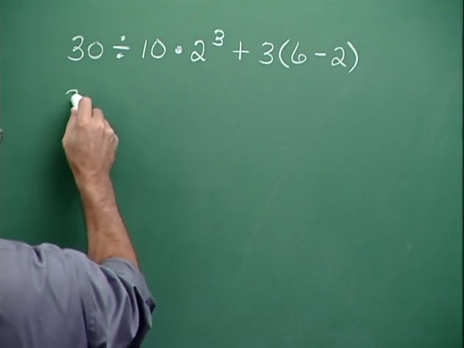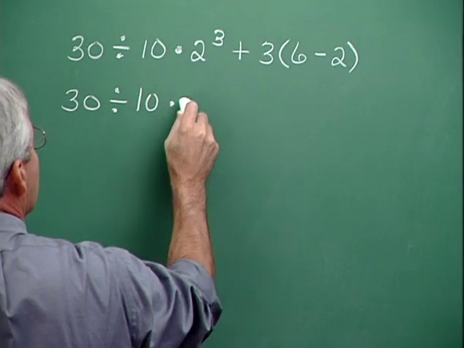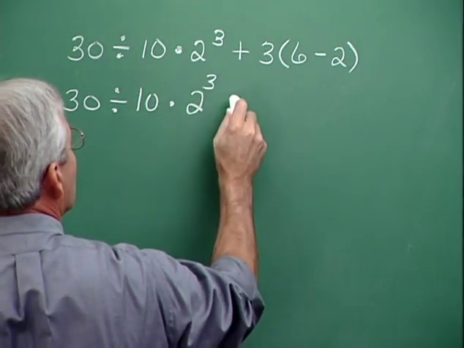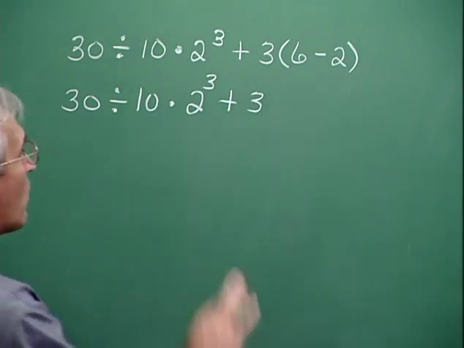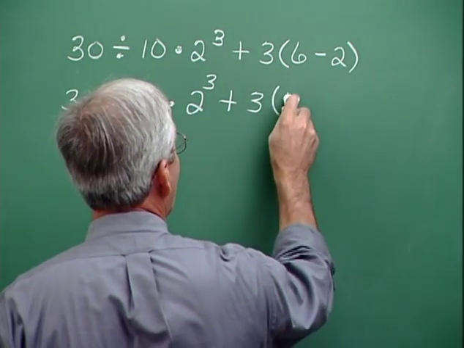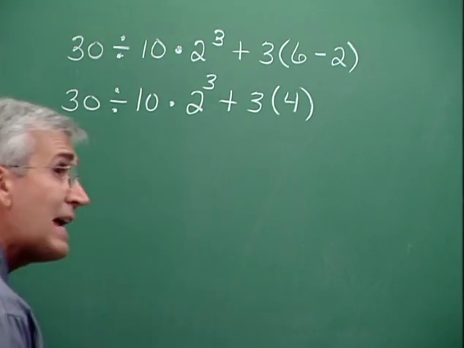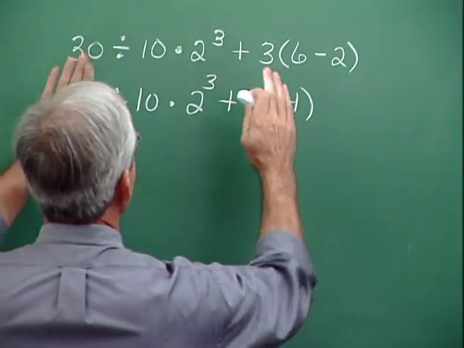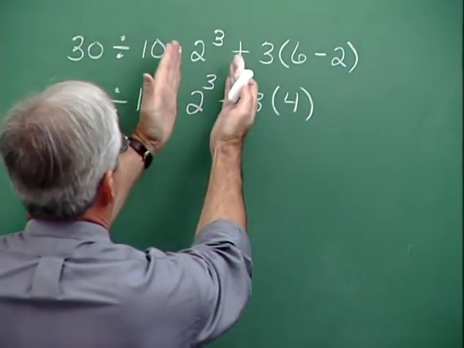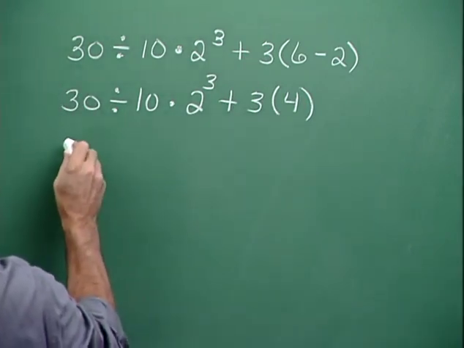So let's do that. We have 30 divided by 10 times 2 cubed plus 3. Now that's everything outside the parenthesis. We're working inside. 6 minus 2 is 4, so we do that. All right. The next order of business would be exponentiation, dealing with the exponents. We have one exponent here, so our attention is just right in here. Everything else is just going to be brought down. So we have 30